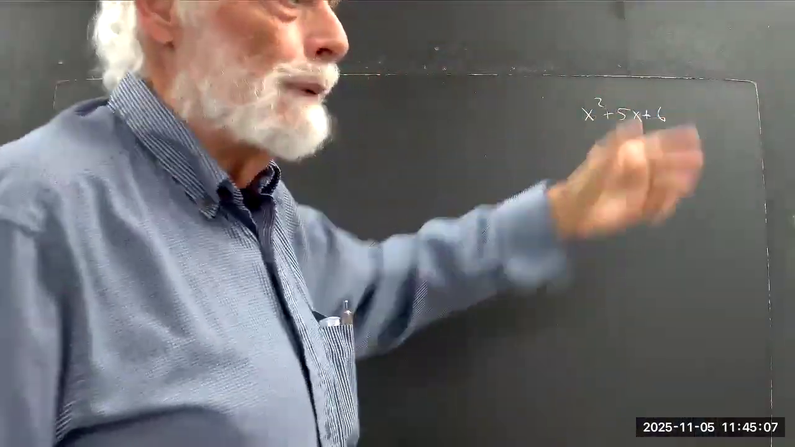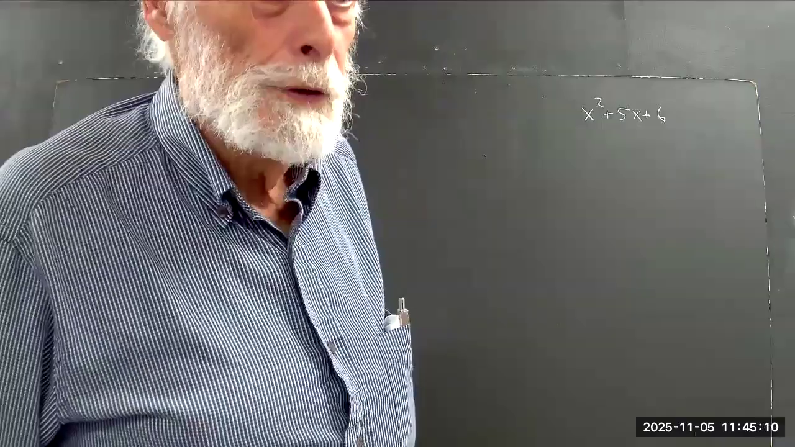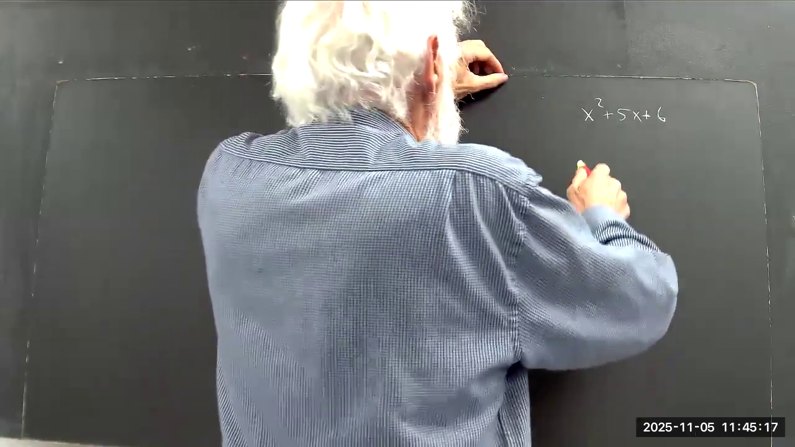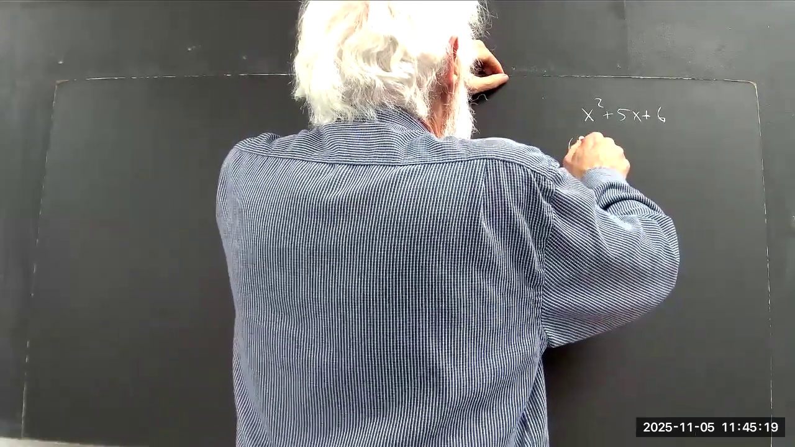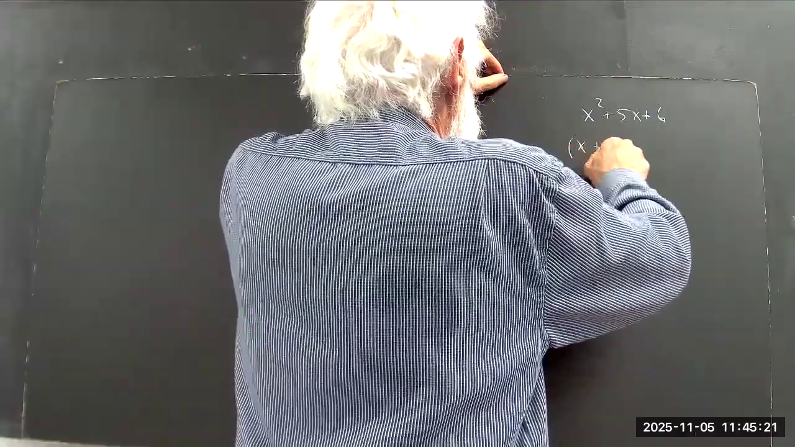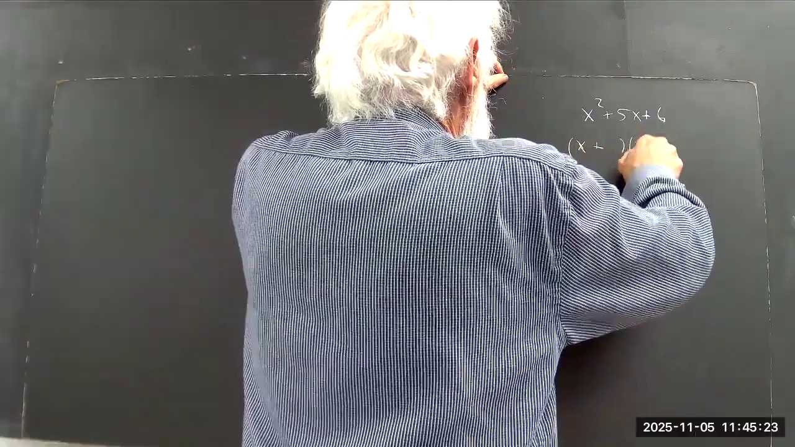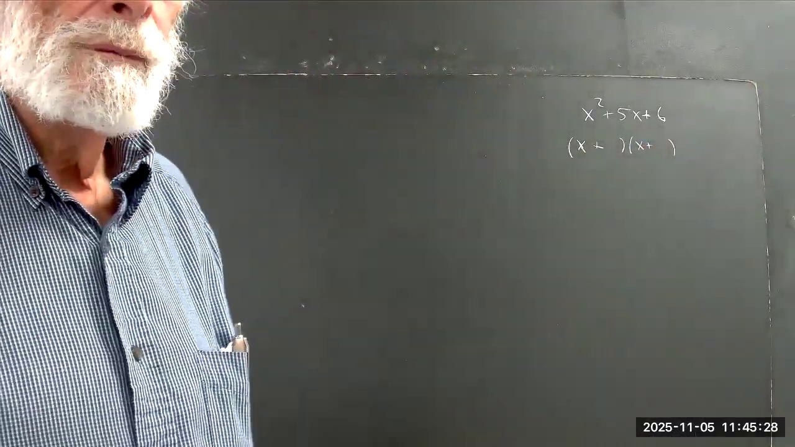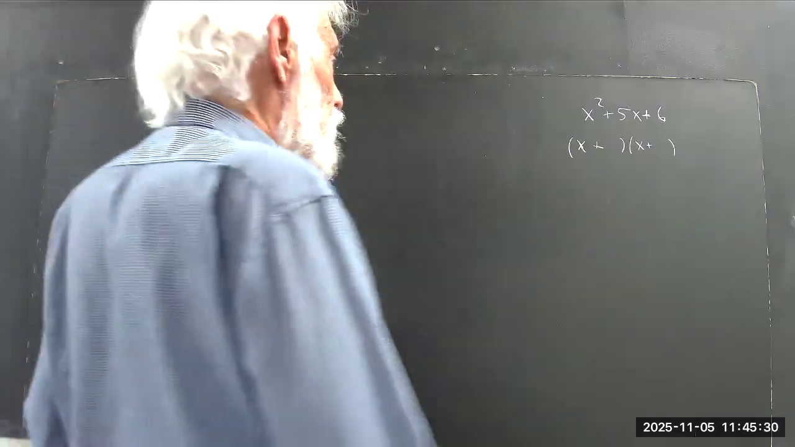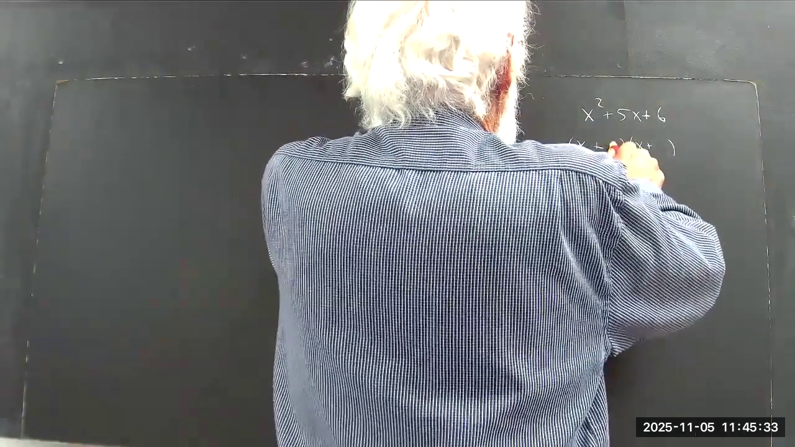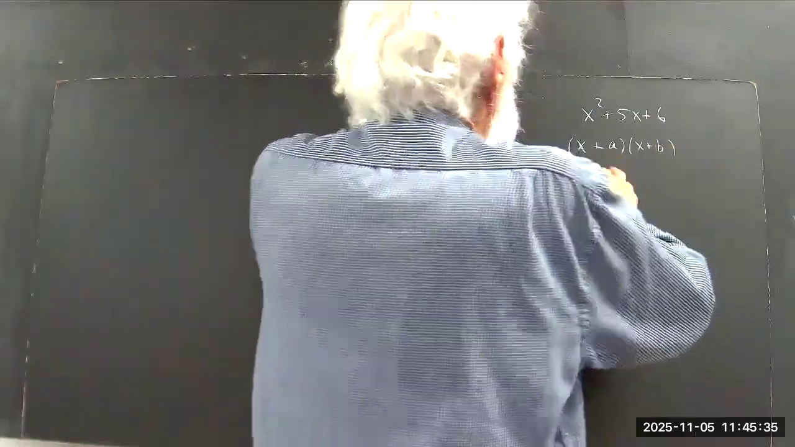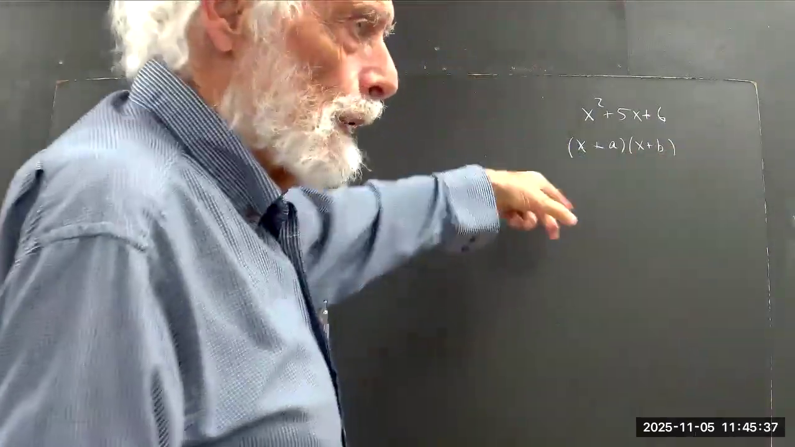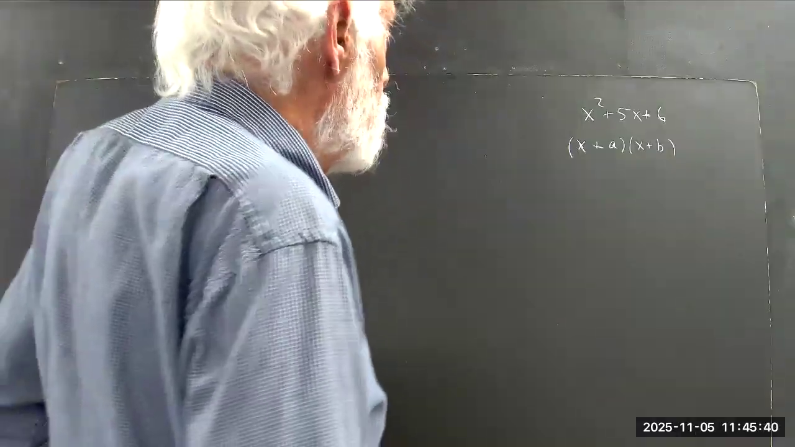Okay, I'm going to just analyze that one first. Okay. x squared plus 5x plus 6. Can we write that as x plus something times x plus something else? Okay, and I'm going to write that as x plus a times x plus b. Now, I'm not going to expand that, but I'll probably do that in another example. What we can see is